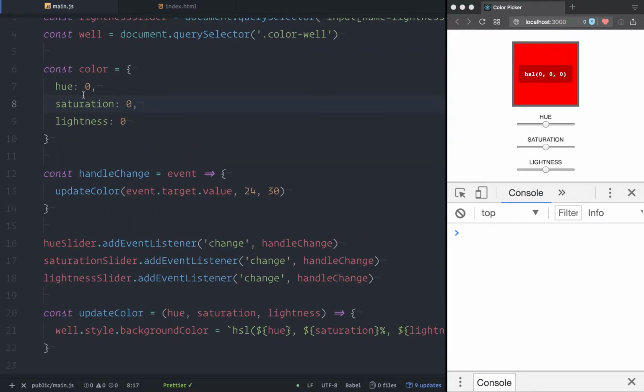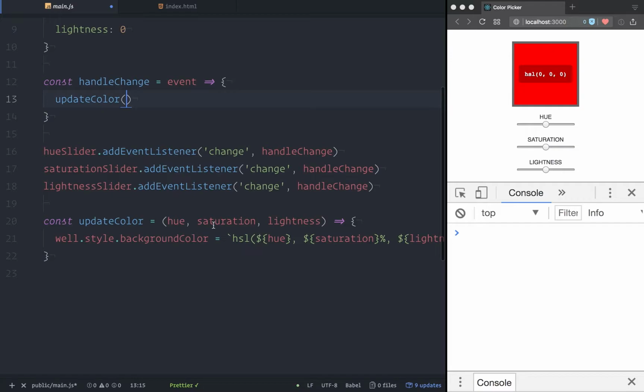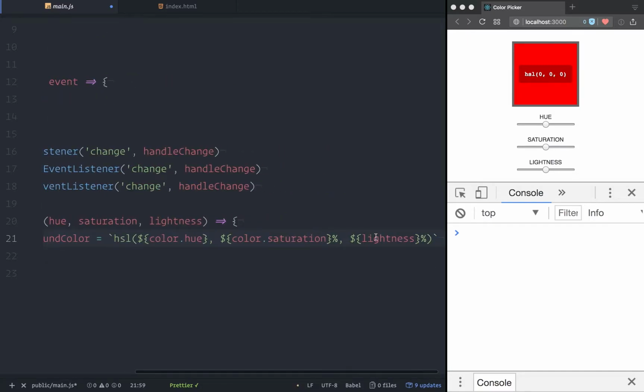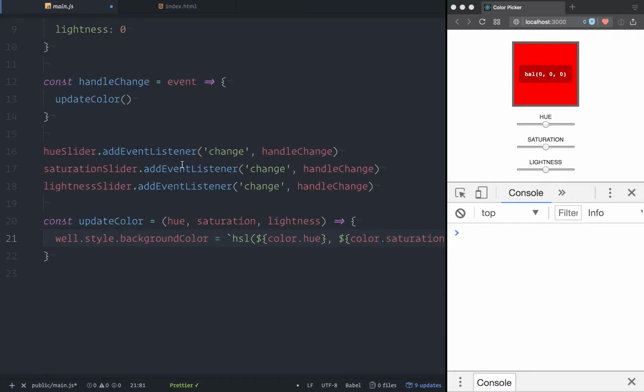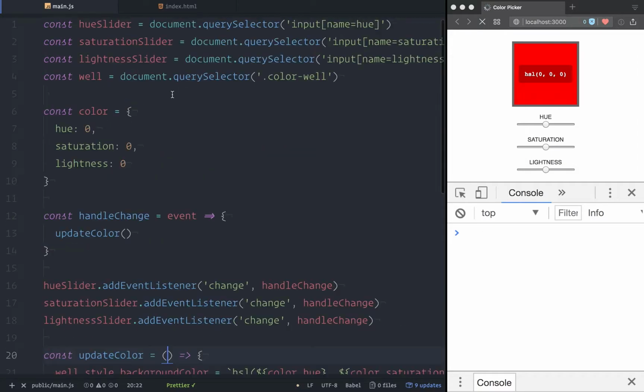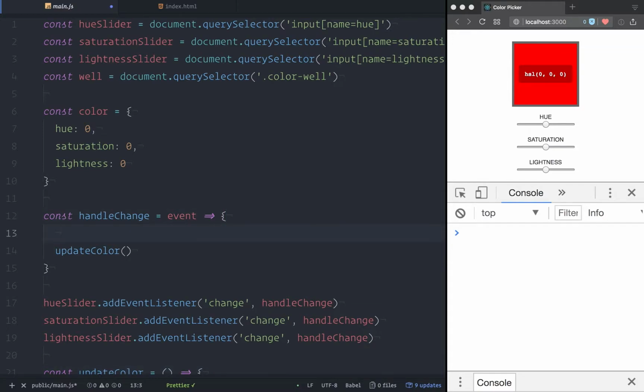So now what I can do is, instead of passing these colors in here, when I call update color, I'm just going to say the color.hue, the color.saturation, and the color.lightness. So when this gets called, I don't need to pass in arguments anymore. I'm going to be referring to this object right here. So in my handle change, if this was the hue slider, I want to set the value up here to be my